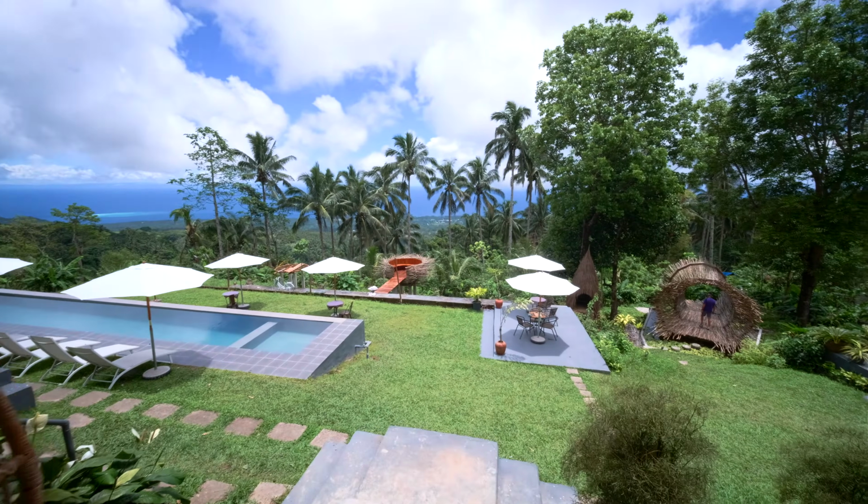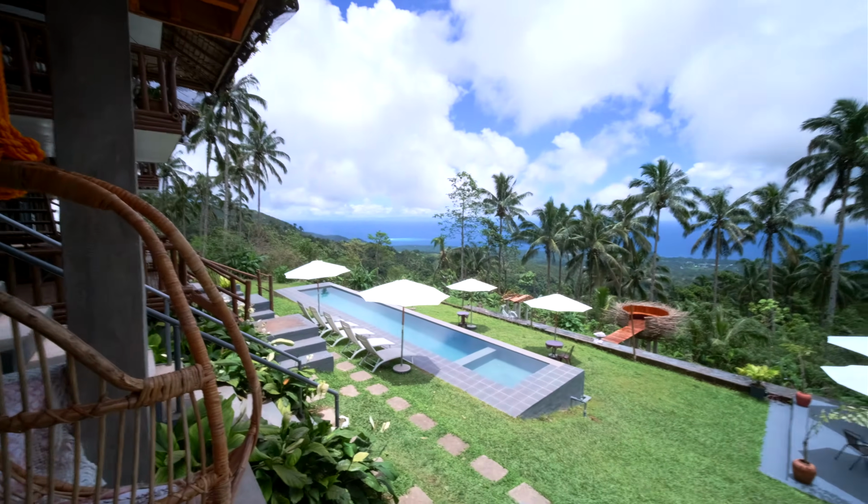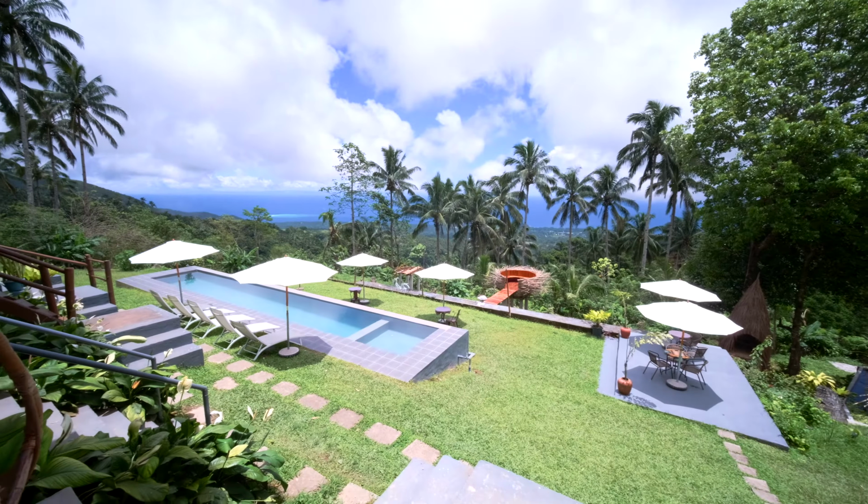Beautiful. I just love how when you walk out, you just have this incredible view of the palm trees, the ocean far over there, and it's just so like, yeah, I think I've said it so many times, but it's calming and relaxing. So guys, I hope you enjoyed this resort tour here in Bintana Sa Paraiso, up in their